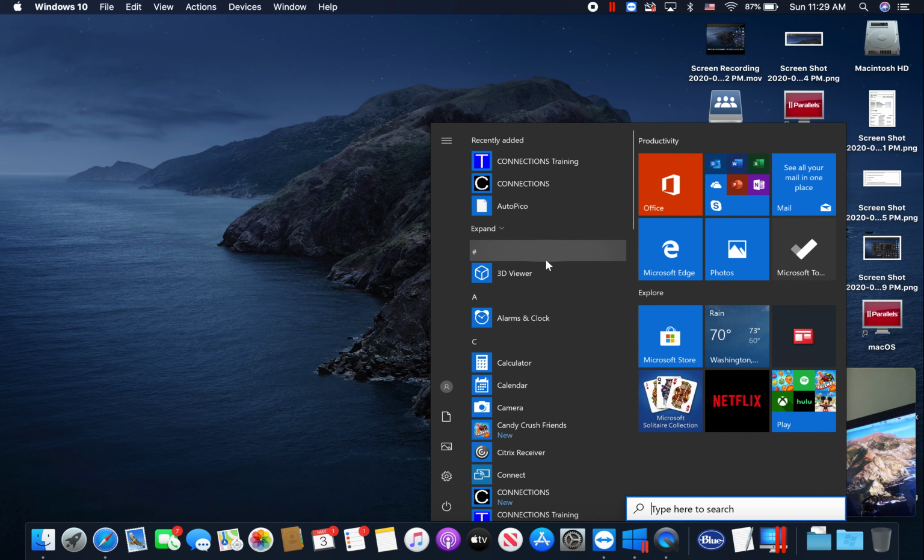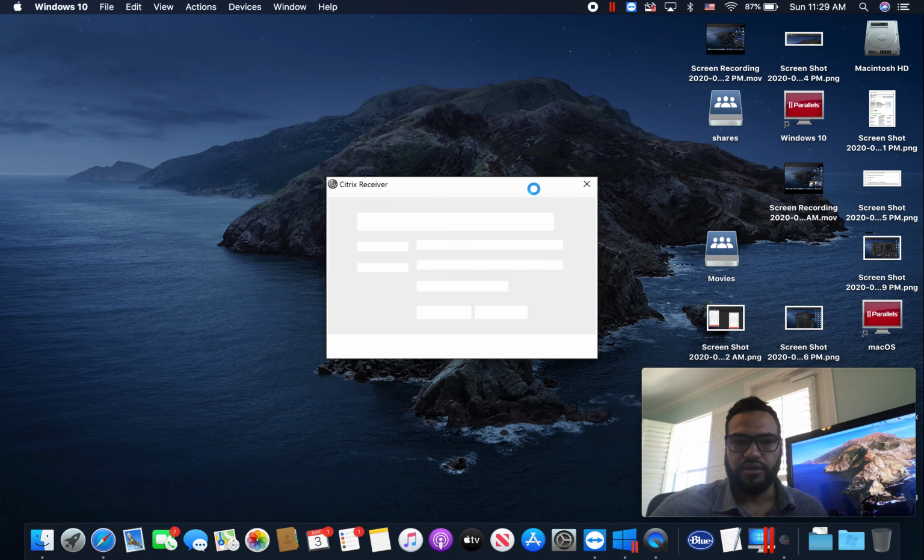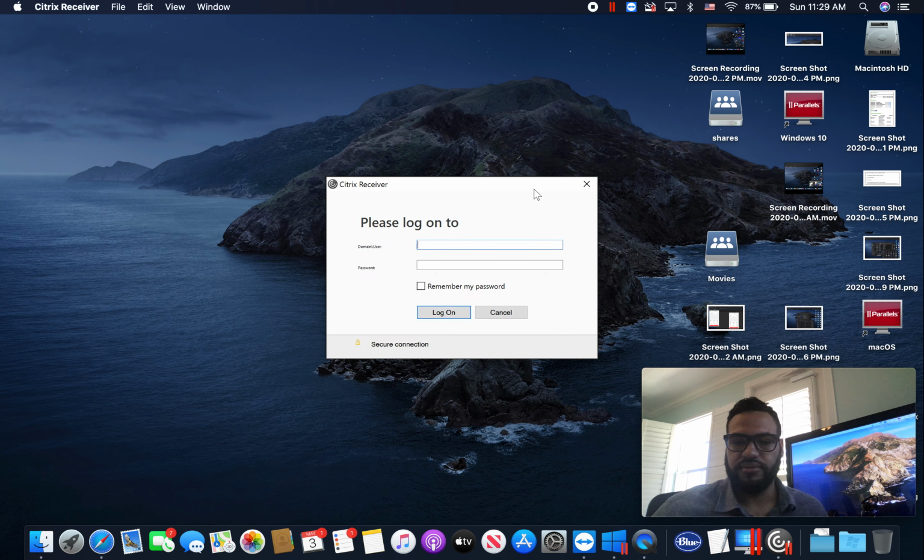So to get to your connections or to the Citrix Receiver, once we install all the programs needed to run on the newer Macs or any Mac running Catalina, you're going to have Connections and Connections Training on your taskbar, or on the desktop if you're running the full screen version. No other items to see here. So you would just go ahead and click on the Connections tab as we did there,